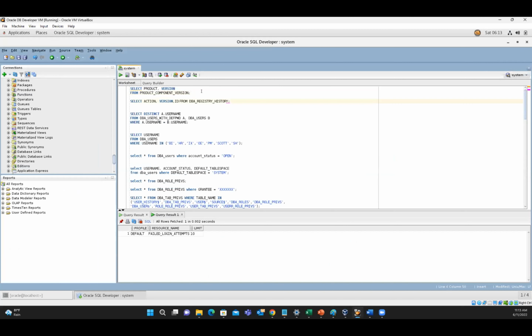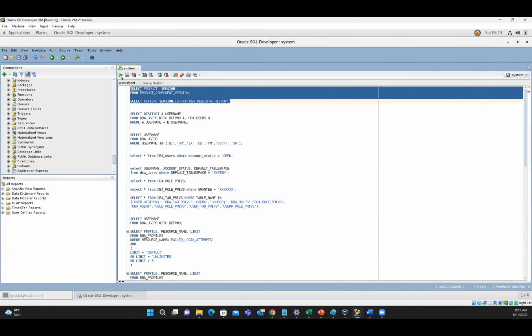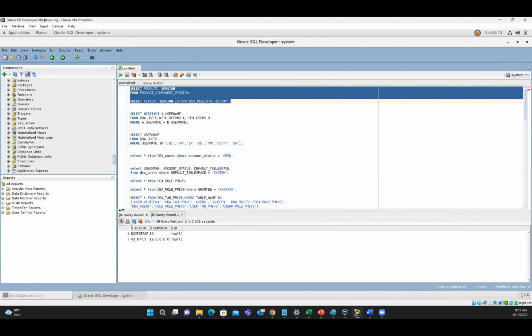The first 2 scripts to test what the patch is this. So let me just close the query that we had before while testing. So I run this script and this script together to test for patch management. We will be showing the shortcut at the end of the day. So I run this script, and what I have here is Oracle 19C is the version of the Oracle, the product I'm running the script on, and the version we currently have is